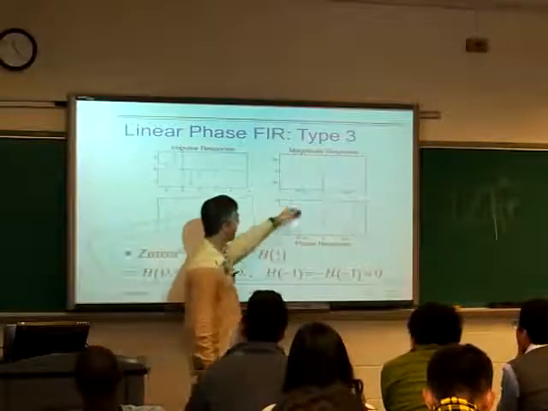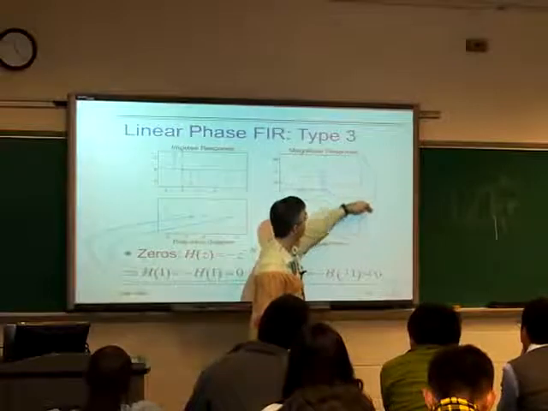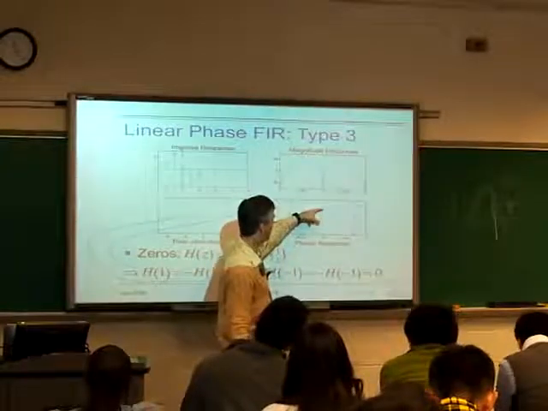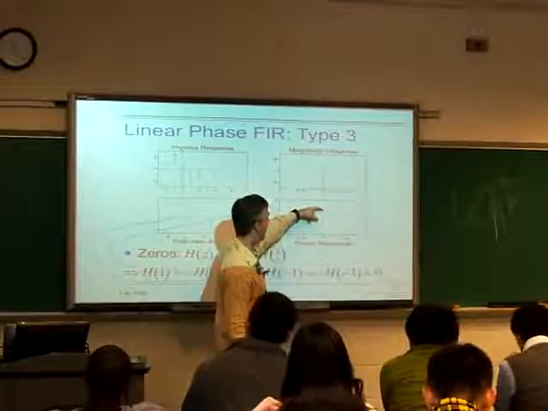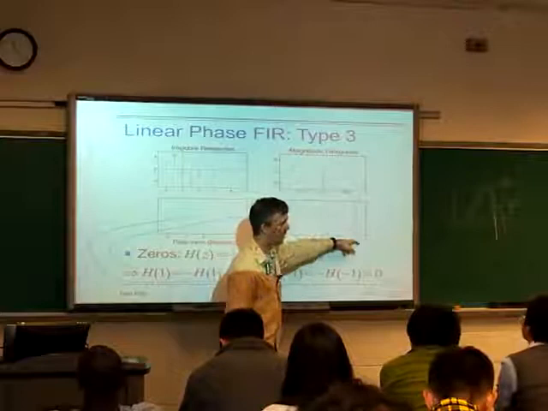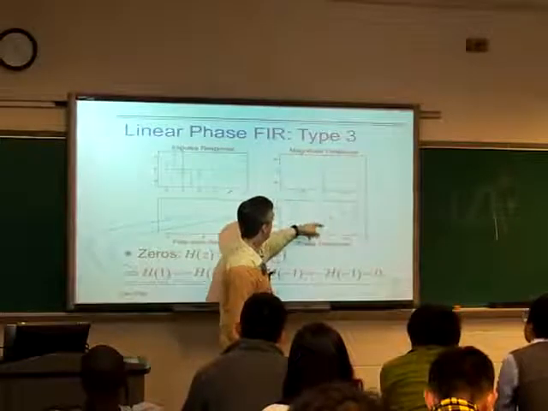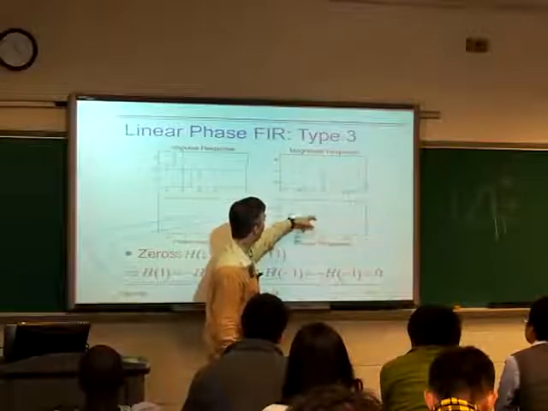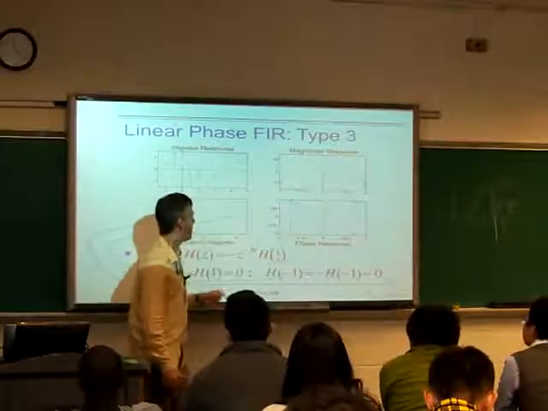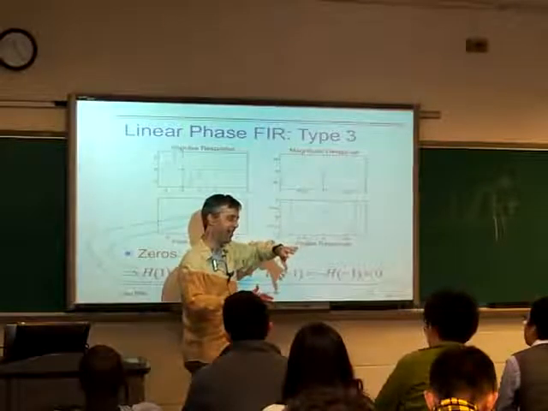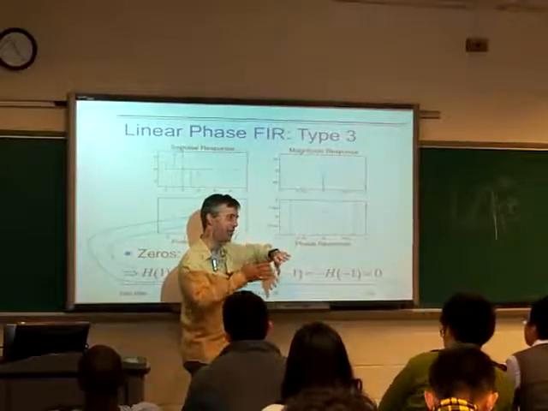The phase response has this slope of negative n on 2, but it starts at pi, right? So it starts at pi on 2. It's pi on 2 minus n on 2 omega, which is positive pi for here and negative pi for here. So there's this kind of discontinuity in phase at 0, because actually you can't, a phase shift of pi on